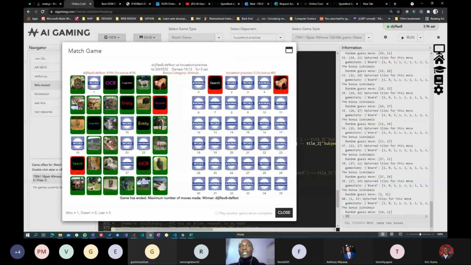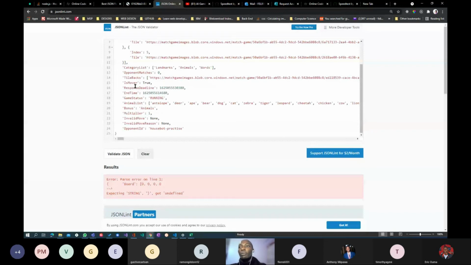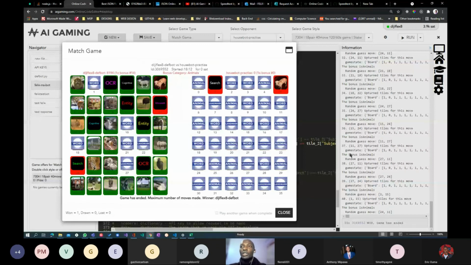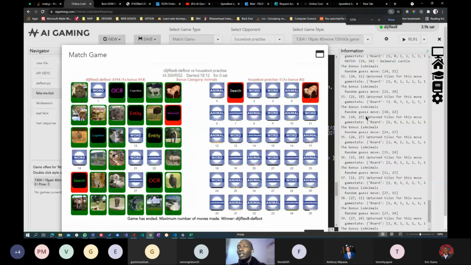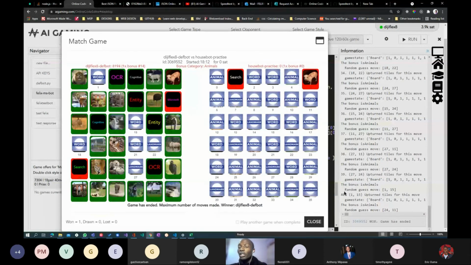And when matching, you take a look at the bonus category, because the game state will always be coming with the bonus category, and on each and every move, it tells you the bonus category. If you take a look at my screen right now, let me zoom in once more, you'll see on the right, where I'm logging them, I'm printing: the bonus is animal, the bonus is animal, the bonus is animal. So the trick is that before you make your move, if the bonus category is animal,